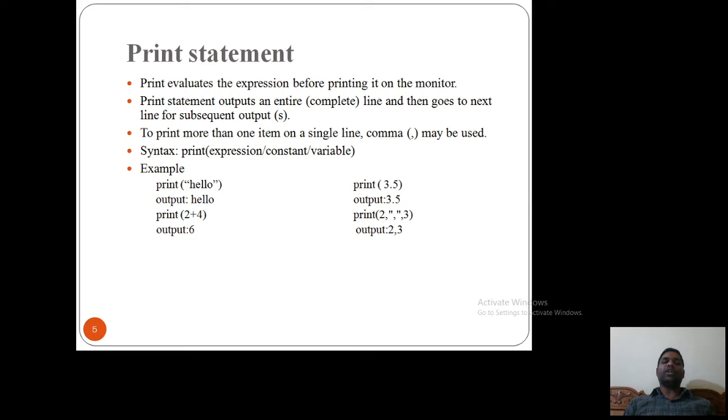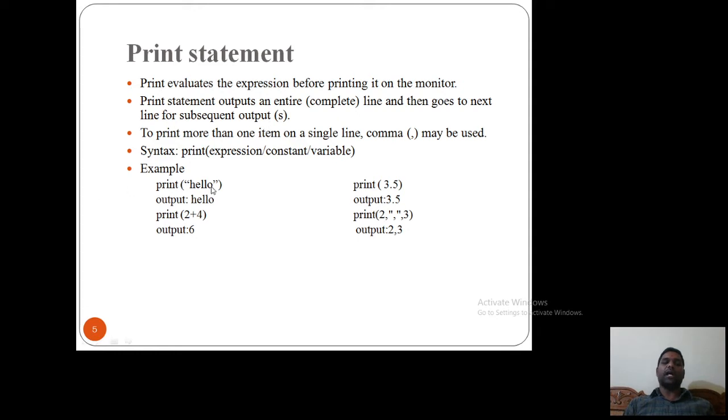And if you want to print more than one item in a single line, then you need to put a comma. So comma can be used. Whenever you add a comma to a statement, one space will be given automatically. So we'll see how print works in the practical session. Here is a simple example.